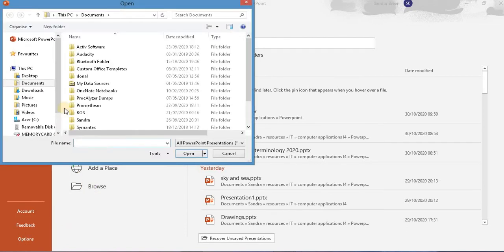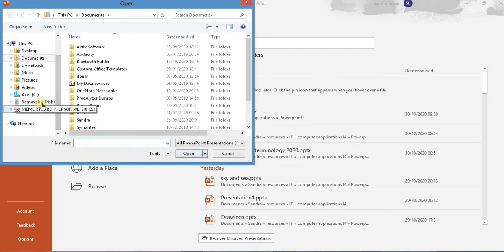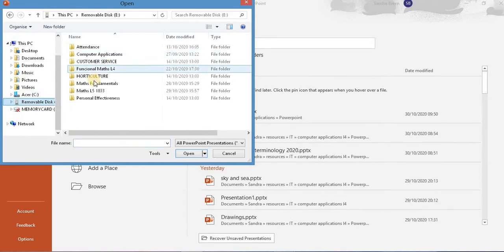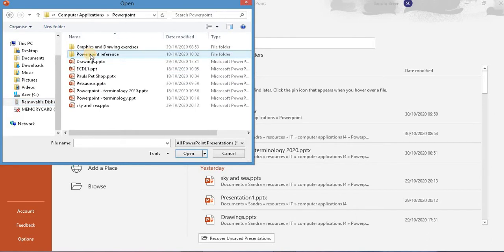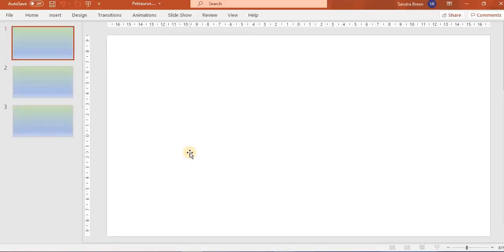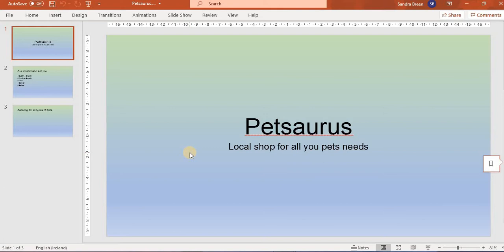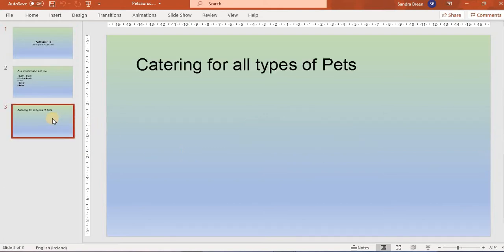on my chip. So if I click on Browse and go down to Removable Disk and find where it is in there. So I put it into Computer Applications, PowerPoint, and it's called petsaurus.pptx. So this is my presentation that I've opened, and I'm going to show you how to put in three types